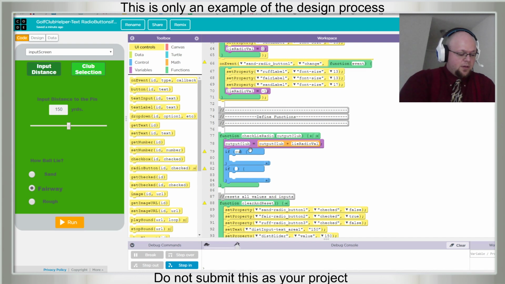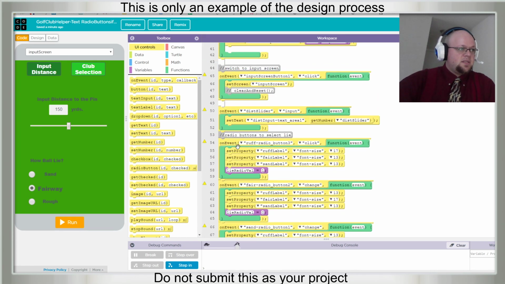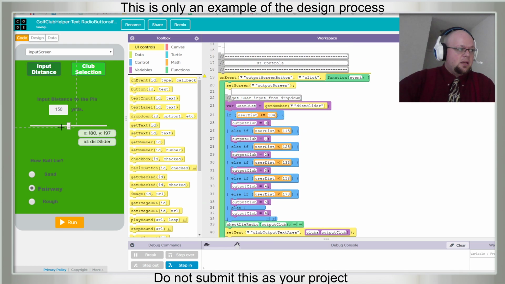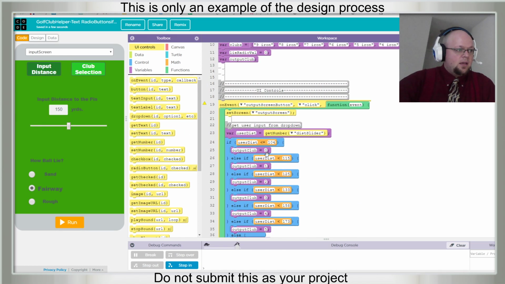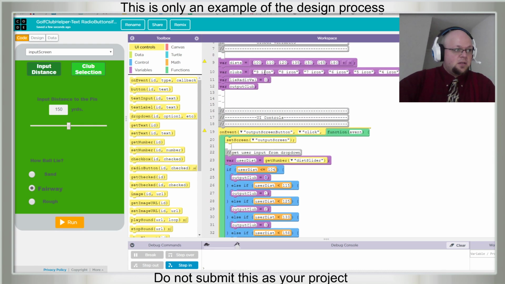If output club is less than 0, meaning let's say the user puts in a value of 80. 80 is less than 104, so we would give it the first club.